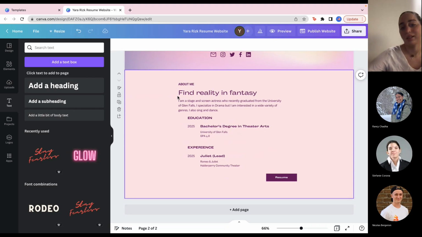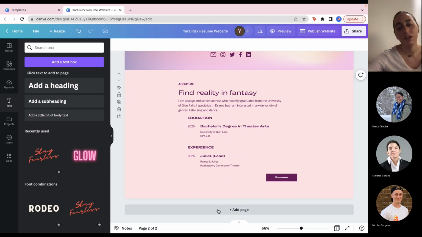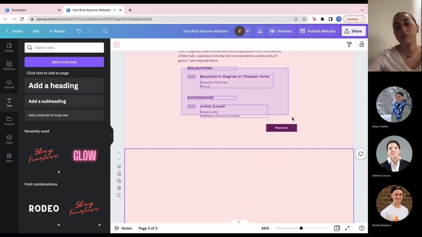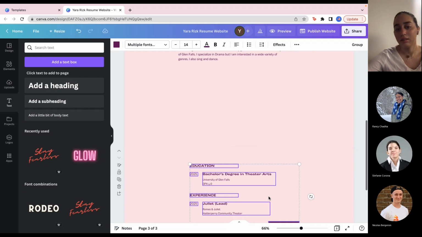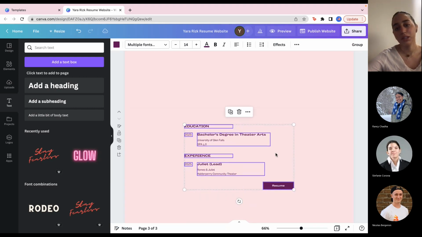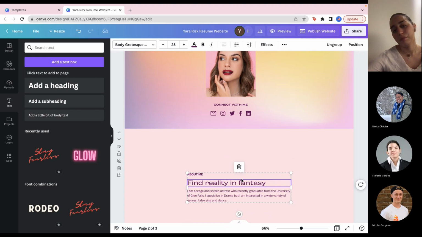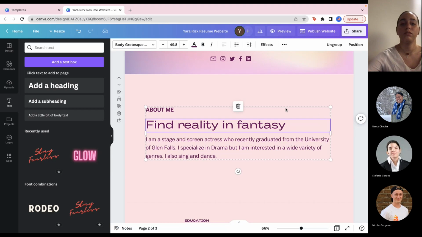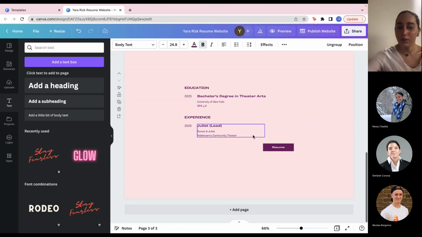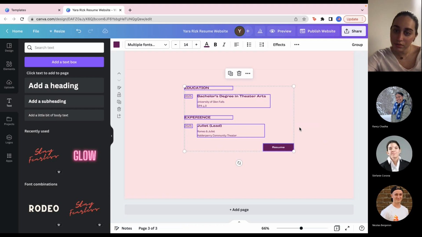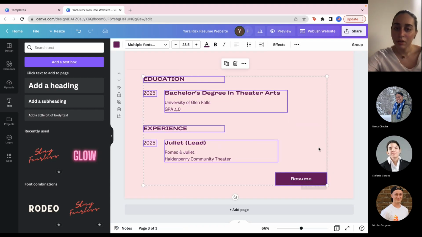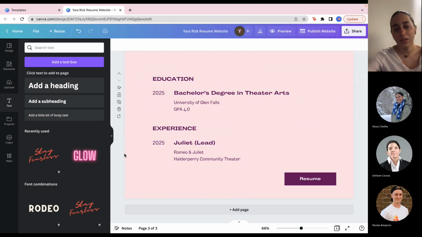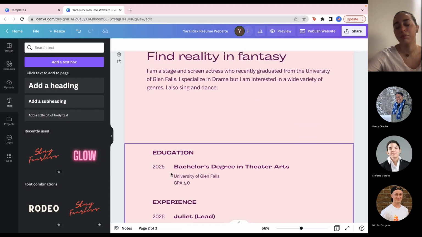Of course, I would expect it to be a bit longer, with more detail about myself, and then maybe another page that talks about my education and then my experience. So it would all be divided, and made even bigger or smaller, however you would like. So that's for the time being. Obviously, that's an example. It would be much bigger and much better if I actually put my own information,